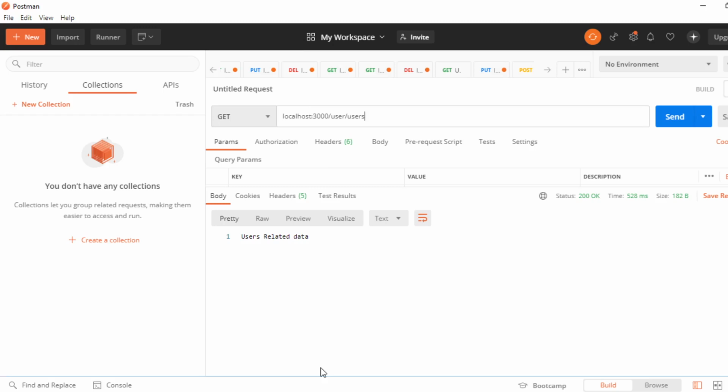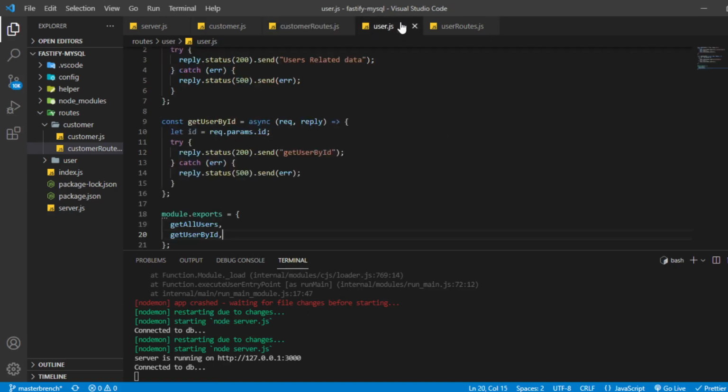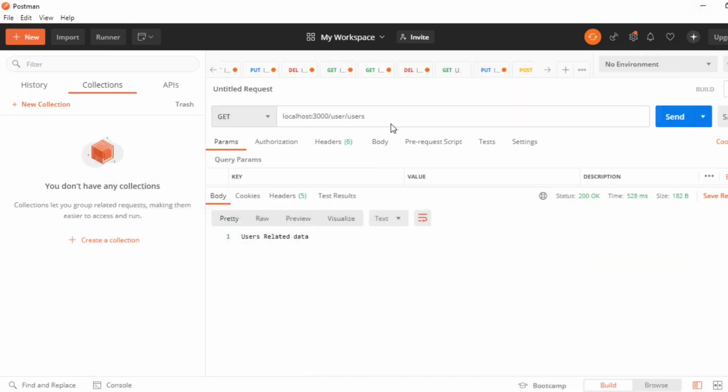If you see, we are sending user related data in response. If you go in user.js, here you will see we are sending in response user related data, right? And we can also check for the ID. If we type ID 1, although we don't have any user on ID 1, we are fetching this data statically, so don't focus on it too much.